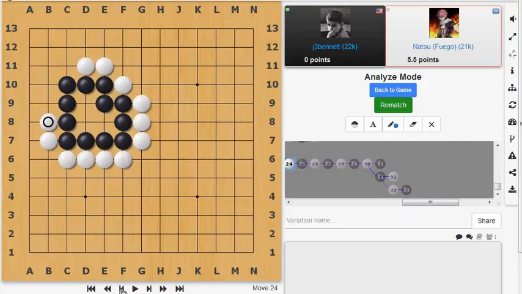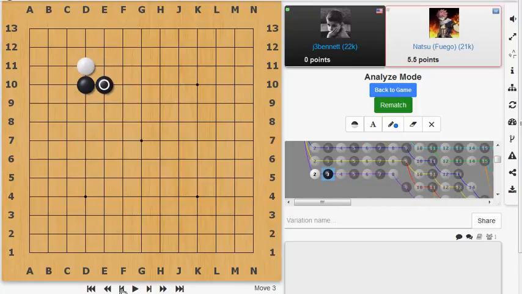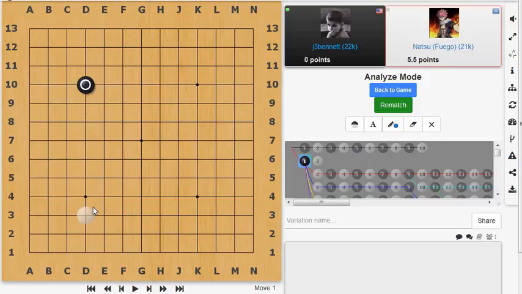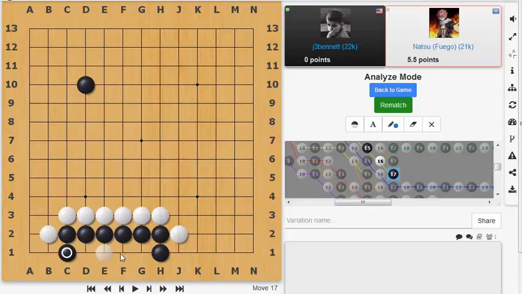And let's go on. I want to talk about 4 spaces, an eye with 4 spaces, and that will end this video. Let's see. Suppose we create a space along the side like this. 1, 2, 3, 4. Yeah, and then white surrounds. And now this space is unconditionally alive, they like to say,